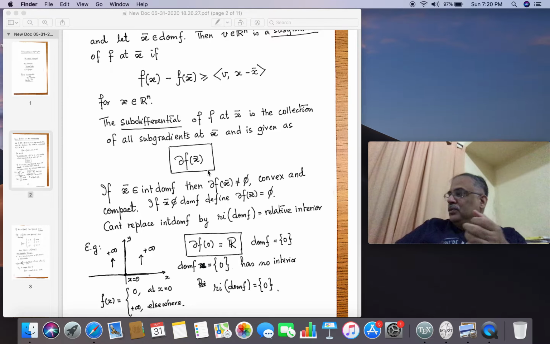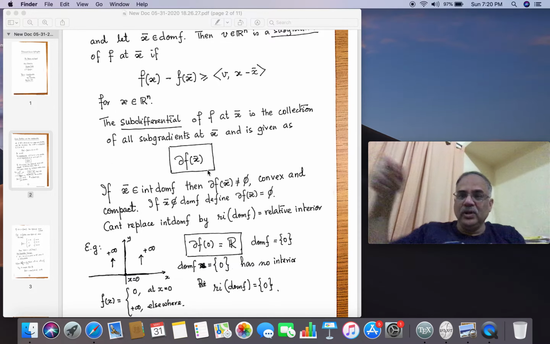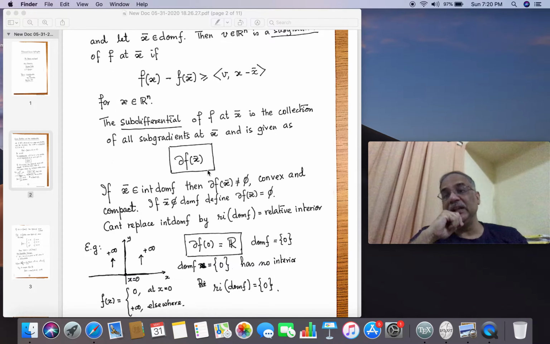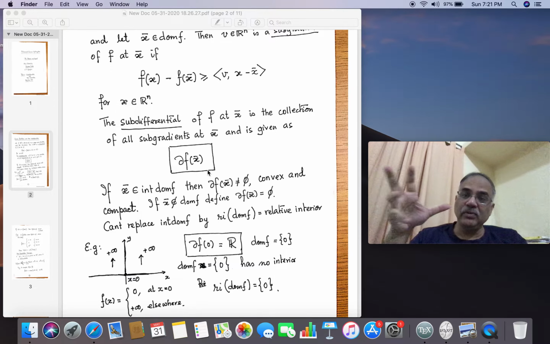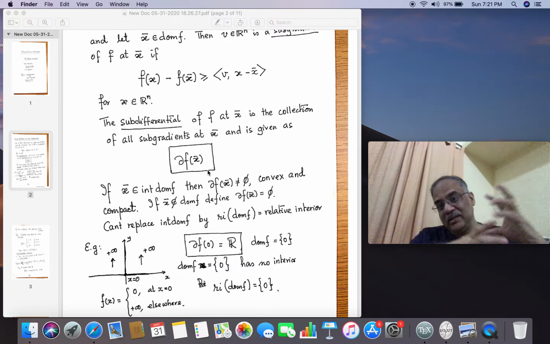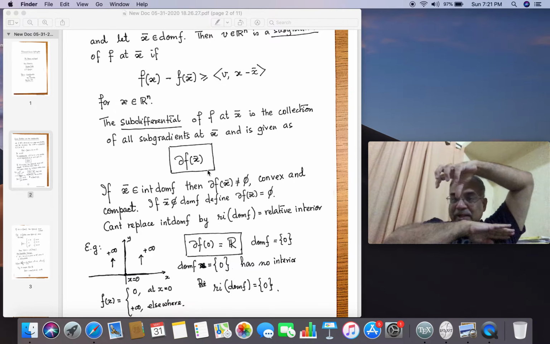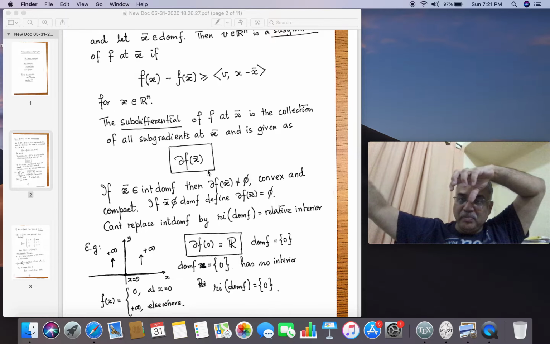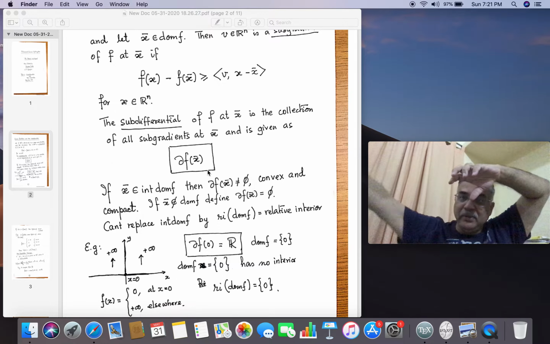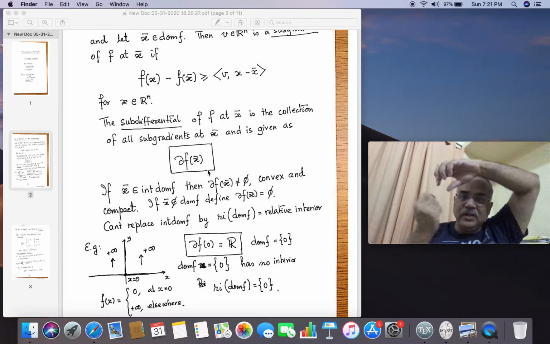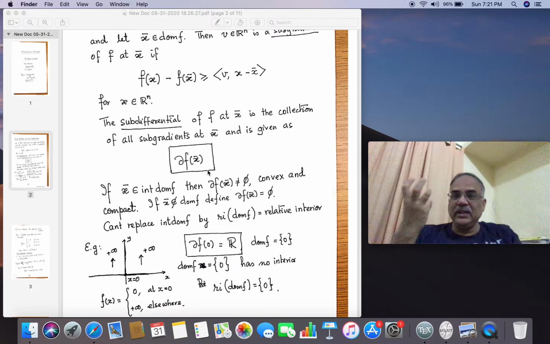Okay, so like any page, if you hold, that doesn't have an interior but has something called relative interior. So these are the notions I want you to go back and see. Relative interior is nothing but, if you take the ball in R2, its intersection with that set, or the affine hull of that set, that has to remain within that set. If that happens, then we say it is a relative interior.